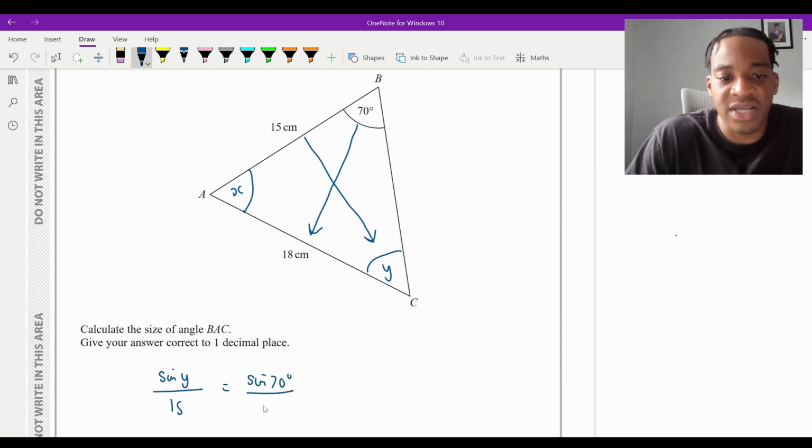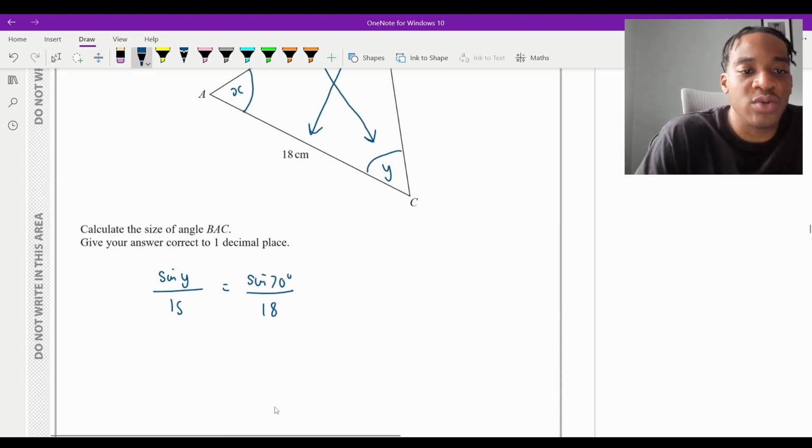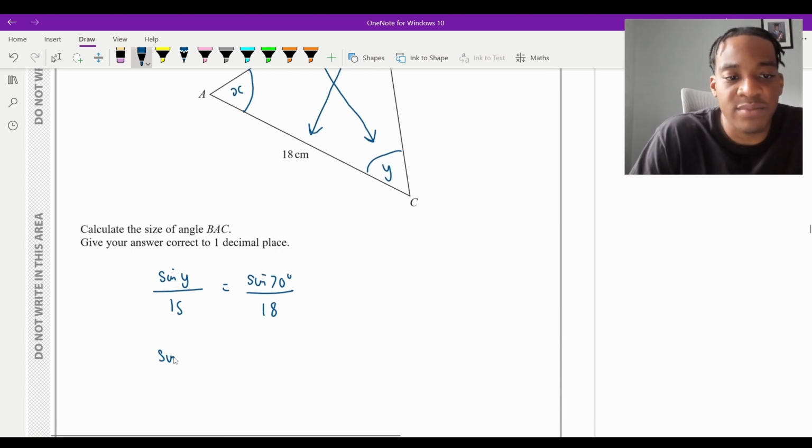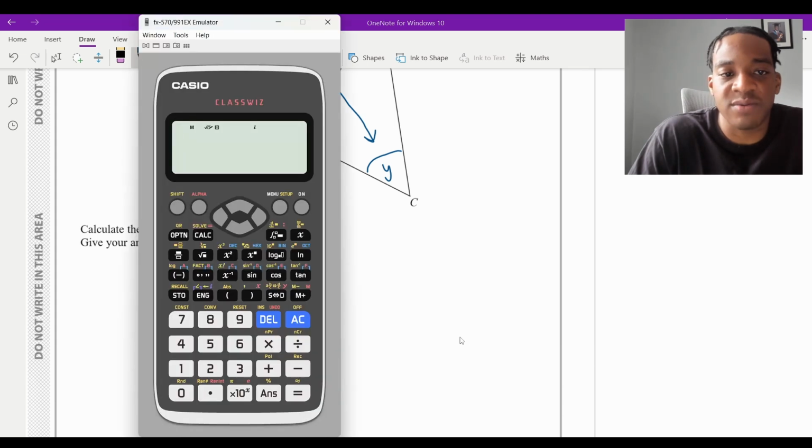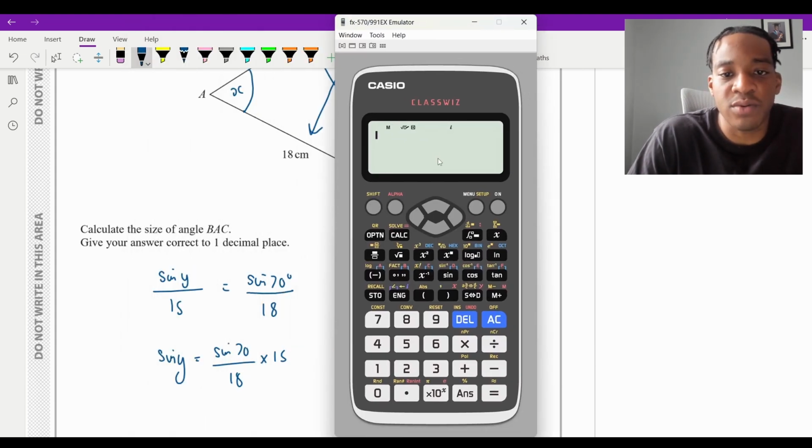And then divided by 18. And then what I can do is just multiply by 15 to get sine y. So sine y is equal to sine 70 over 18 times by 15. And I put this into my calculator to see what it gives me. So I'm going to do sine 70 over 18 times by 15. And this gives me